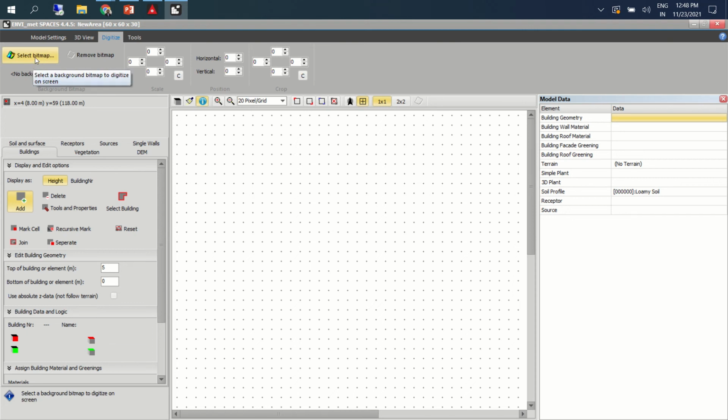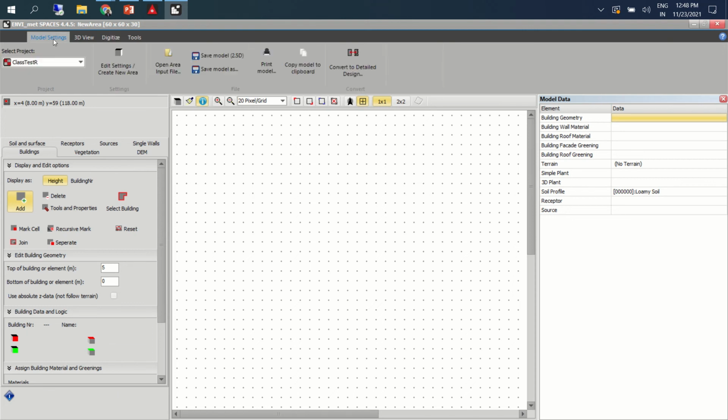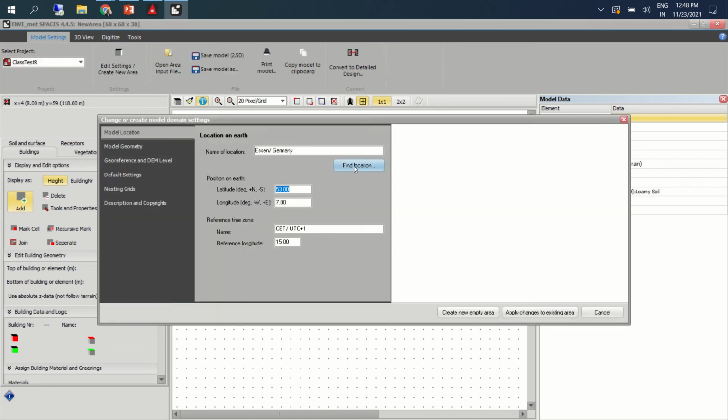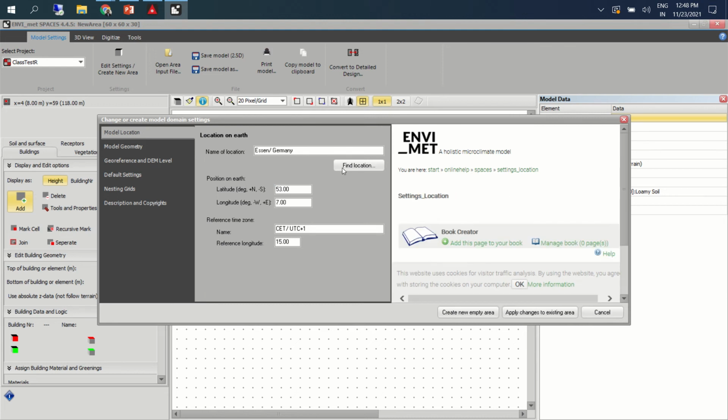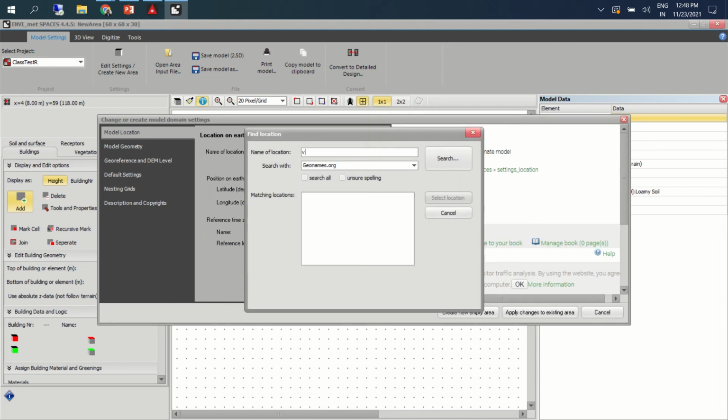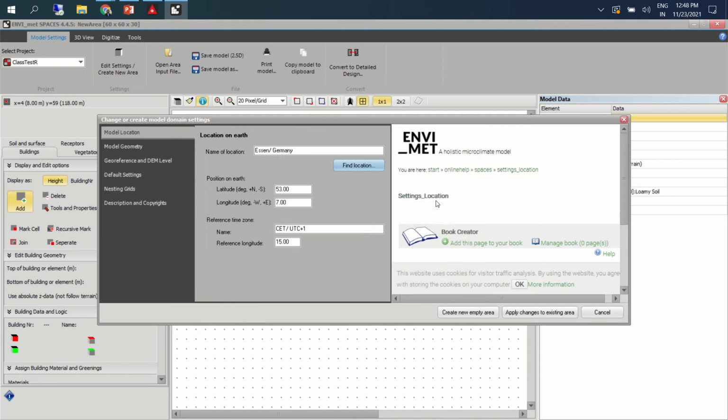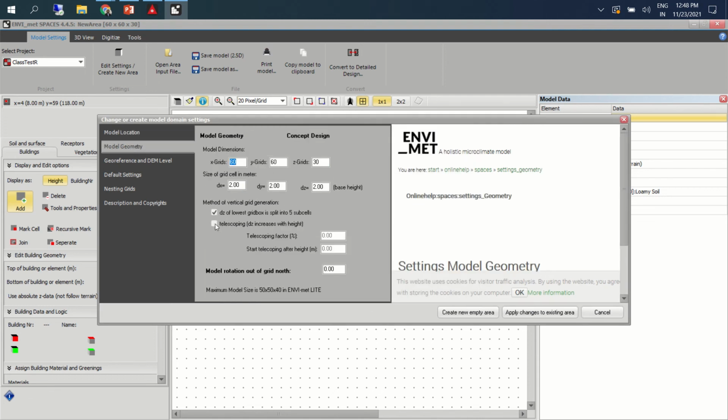Select a bitmap. Let's check the settings first. Let it be there.